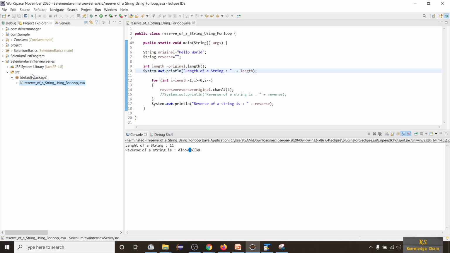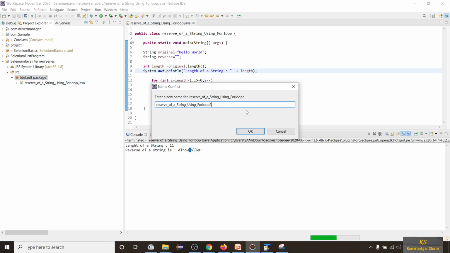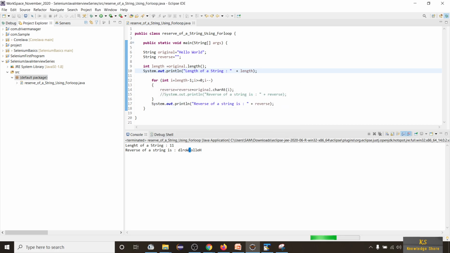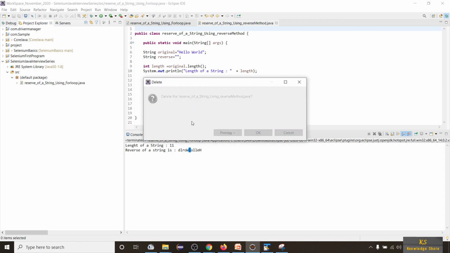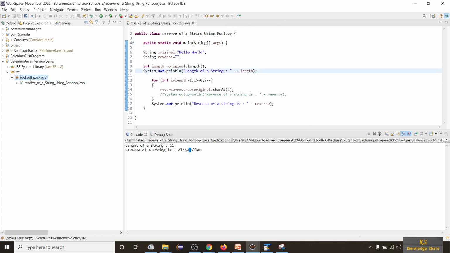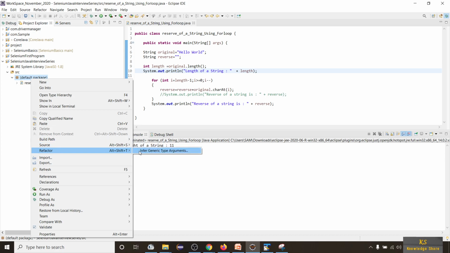I'm just doing copy and paste here in the package. So reverse of a string using reverse method. Okay, there are some default methods available to perform reverse of a string. Okay, I think it copied double time. Let me rename this package first.